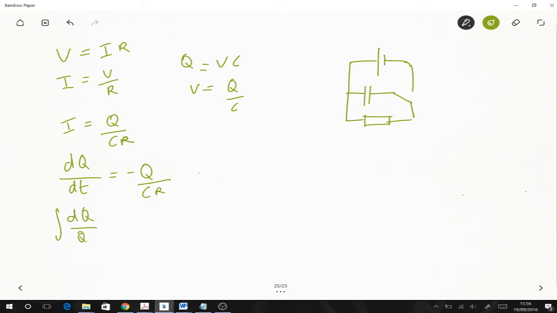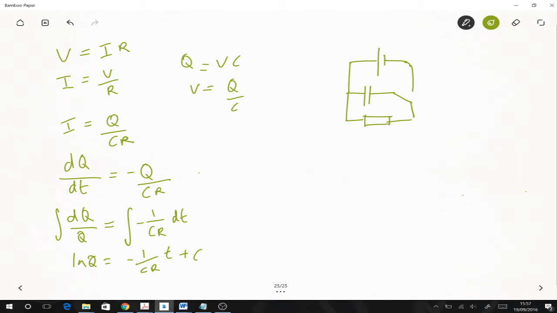Now what I do is I take the Q from one side of the equation to the other, and I take the dt to the other side of the equation as well. So I'm swapping, and it's called separating variables. Both sides are then integrated with respect to dq and dt. So I have log of q, 1 over q integrates to give log of q, and that's equal to minus